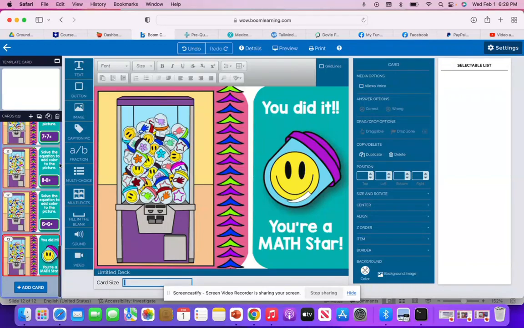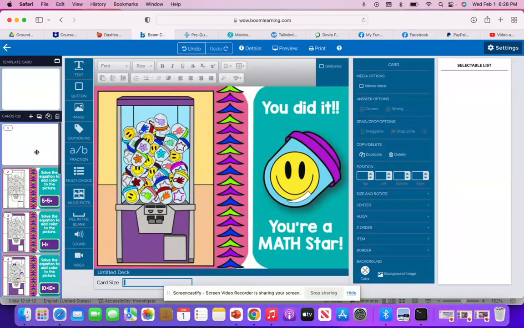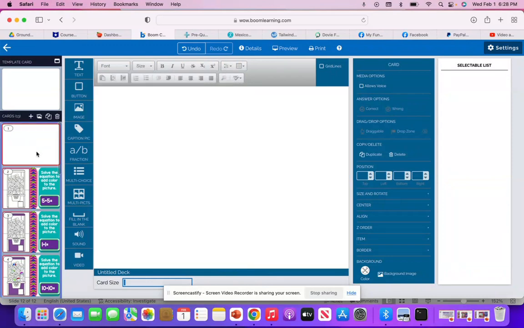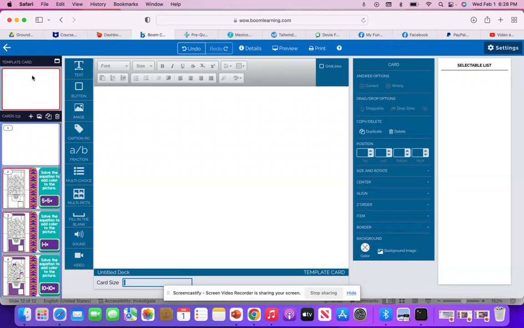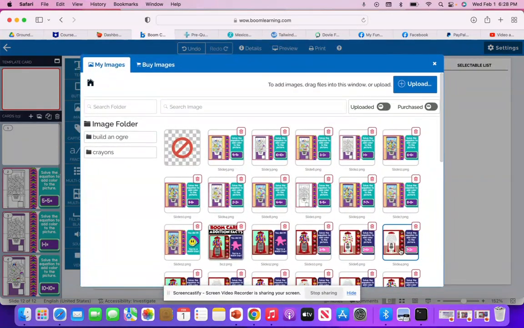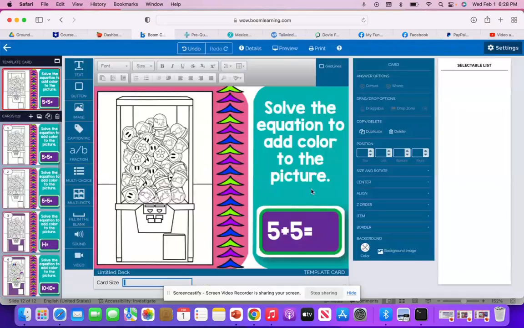Okay, so let's go back up to here. Right here. You're going to go up to the template card, choose background image, and you're going to choose slide 1. So right there. Okay. Now, what we do to this template card right here is going to happen to every